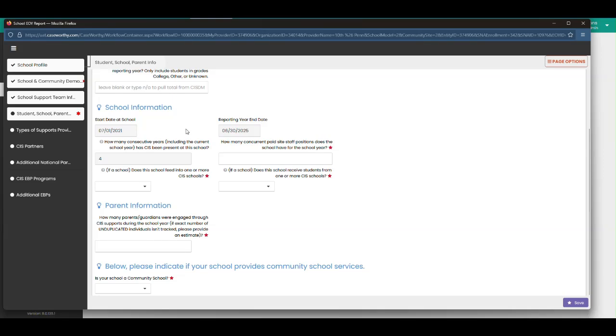School information, some of this is pulled again from the needs assessments. How many consecutive years has CIS been present at the school? How many concurrent paid site staff positions does the school have for the school year? So this is helping us if there's been a transition at your site. If you replace someone,